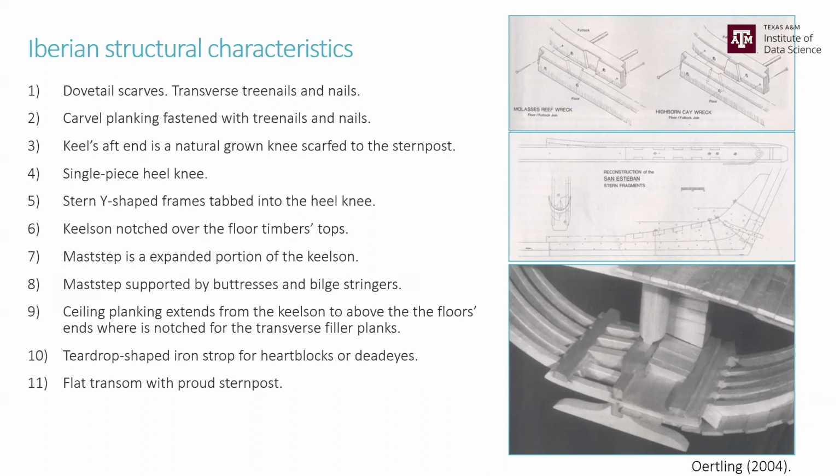Another remarkable way to define the Iberian tradition is through the constructive features pointed out by Thomas Oertling. Since these 11 traits are a more specialized topic, I wouldn't like to extend more than necessary. I would like just to mention that these characteristics, like the dovetail scarfs, the combination of treenails and nails, the natural ground keel knee, the single piece heel knee, here that we can see here,